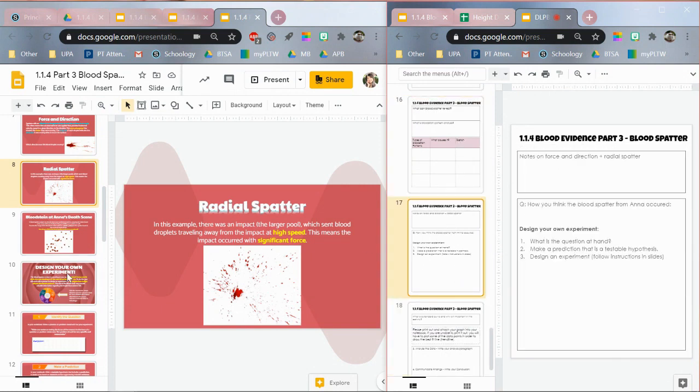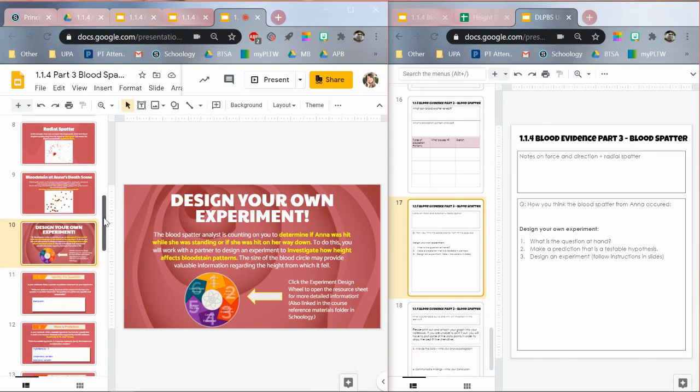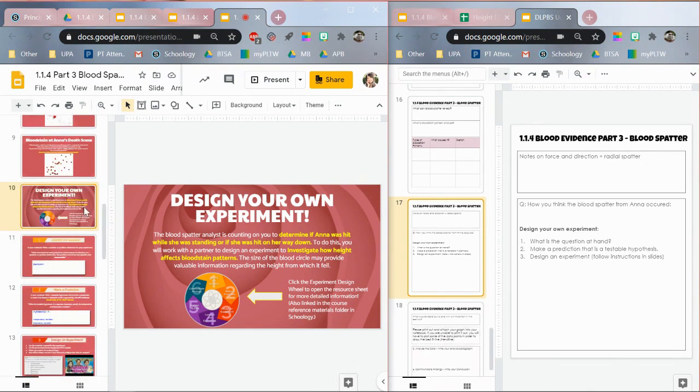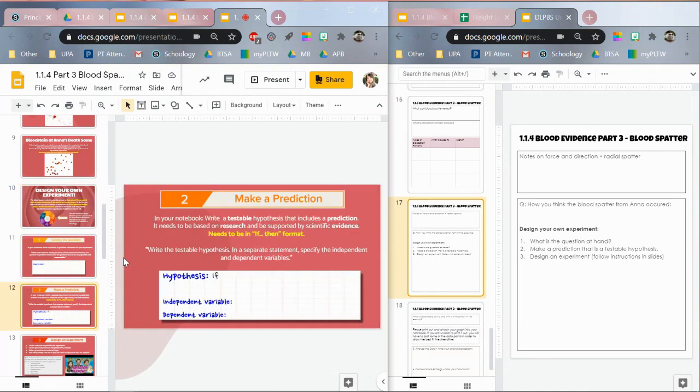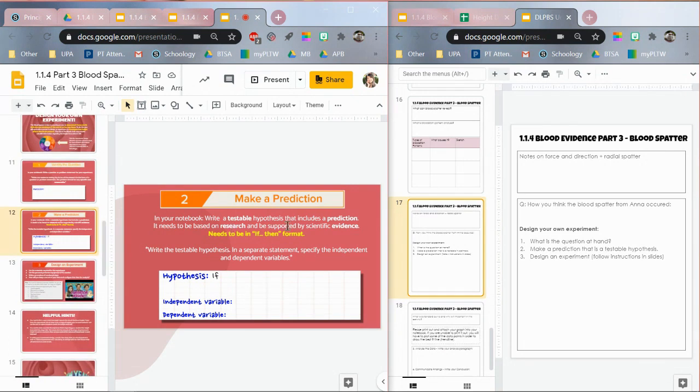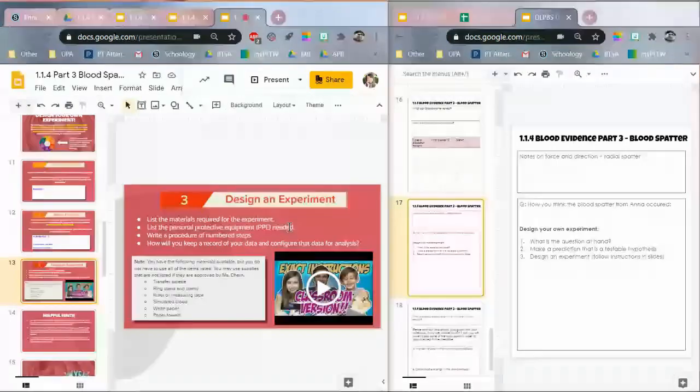The second page here is where they design their own experiment. Even though they're not able to conduct this experiment in school or at home, they can still design their experiment. So they can still have that discussion of, what's the question at hand. They can still make a prediction with the testable hypothesis in an if-then format, and they can still identify independent and dependent variables, ultimately designing an